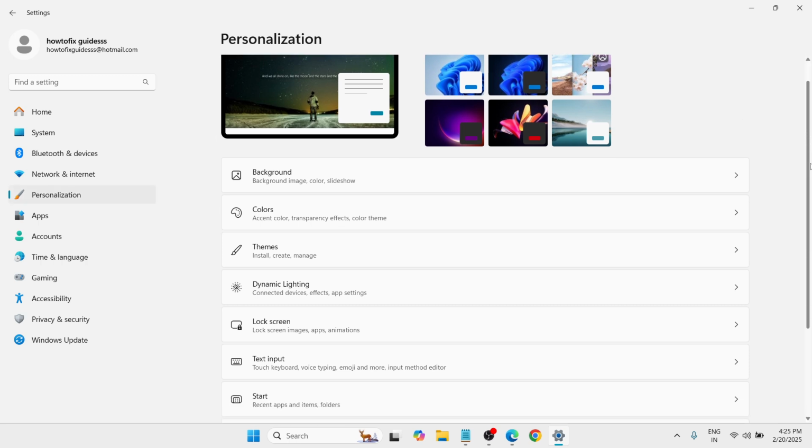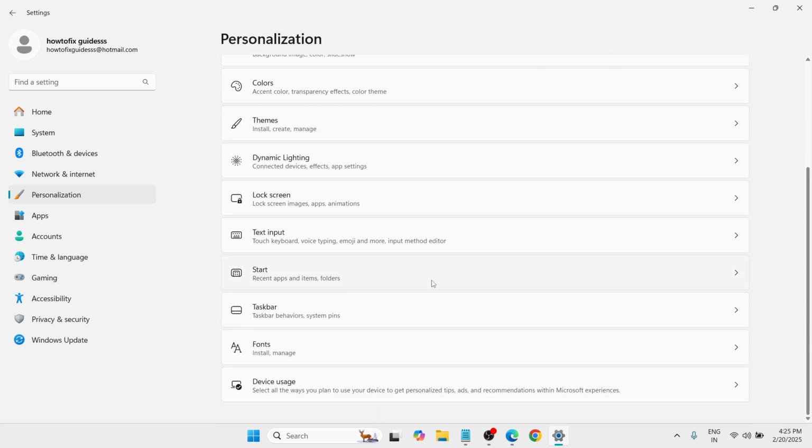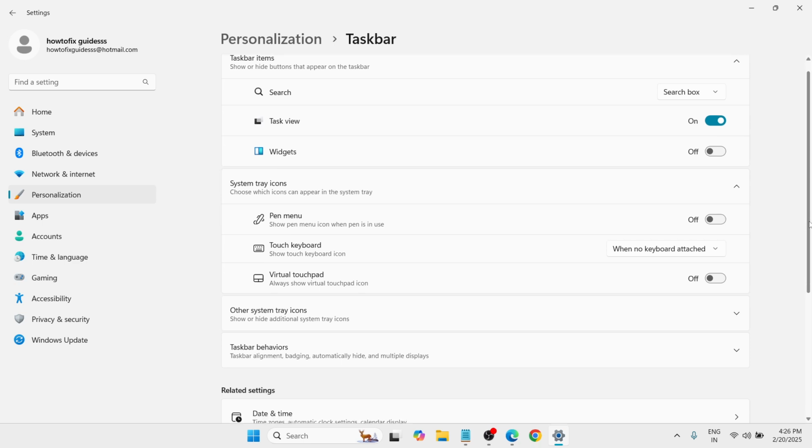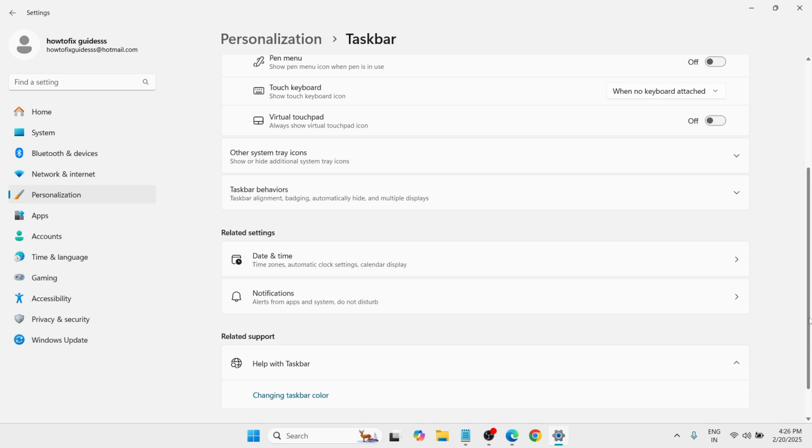Here you need to scroll down and look for taskbar, which I can see here next to start. Simply click it anywhere to proceed. Okay? So here in the taskbar menu or options, you need to scroll down and look for